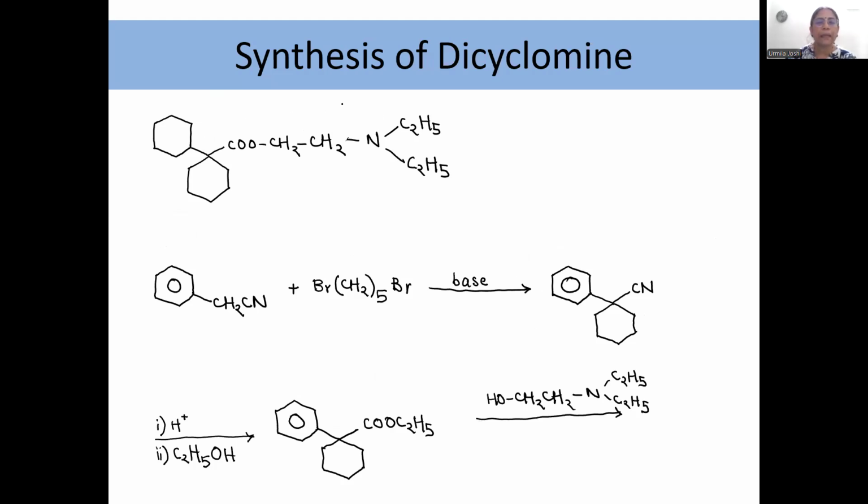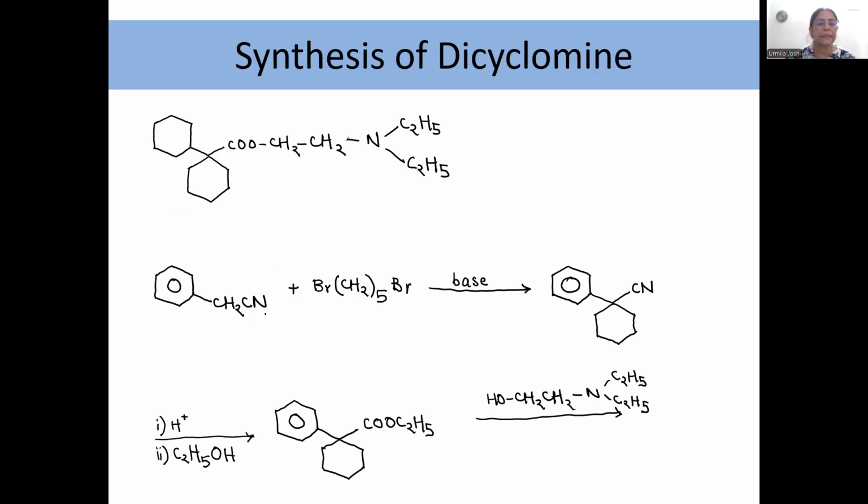Dicyclomine is an anticholinergic agent. It is always better to write the structure of dicyclomine. As the name suggests, there are two cyclic structures in it. There are two cyclohexane rings. Okay, then there is an amine at the end. Now, this I am teaching by forward synthesis way only. Whatever you find comfortable, you can do.